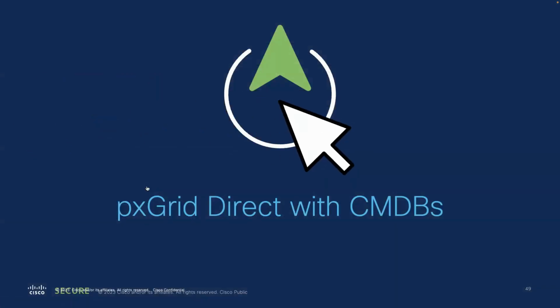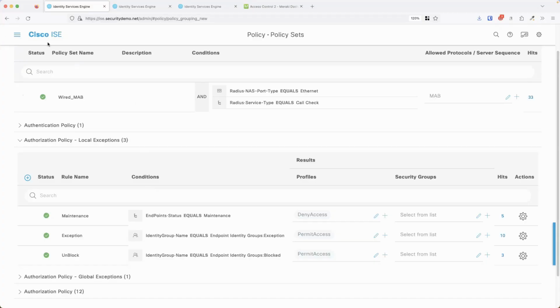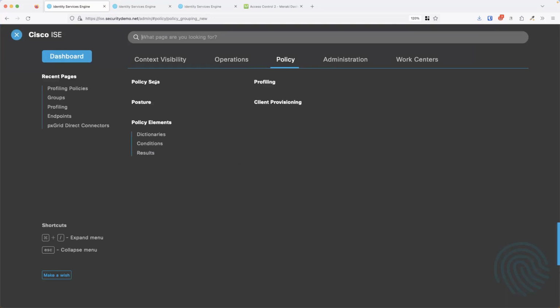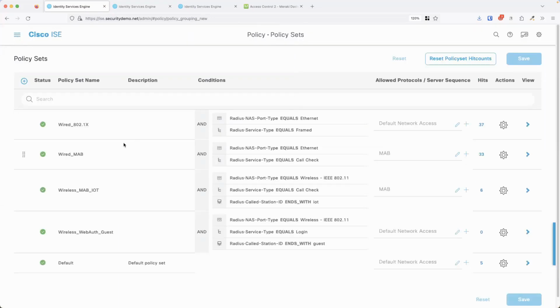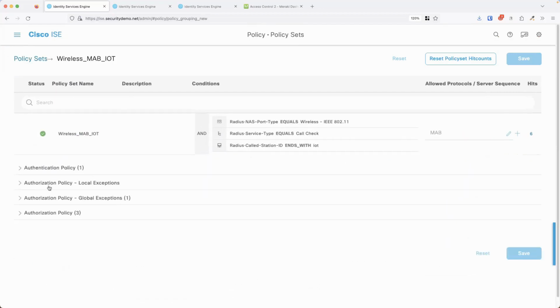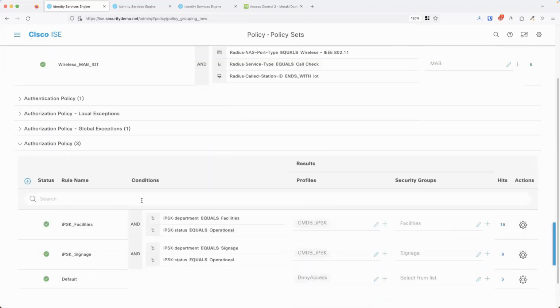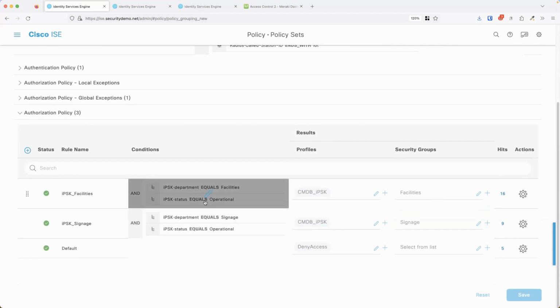So when we pull that data in from the database, you saw basically all those values. The way it works is we look at our policy. In this case, I'm going to be using it for IPSK. You saw that I have an IPSK CMDB. So for my wireless MAB IoT devices, I created some policies, and it looks like this. So whenever I see something coming in, I'm going to